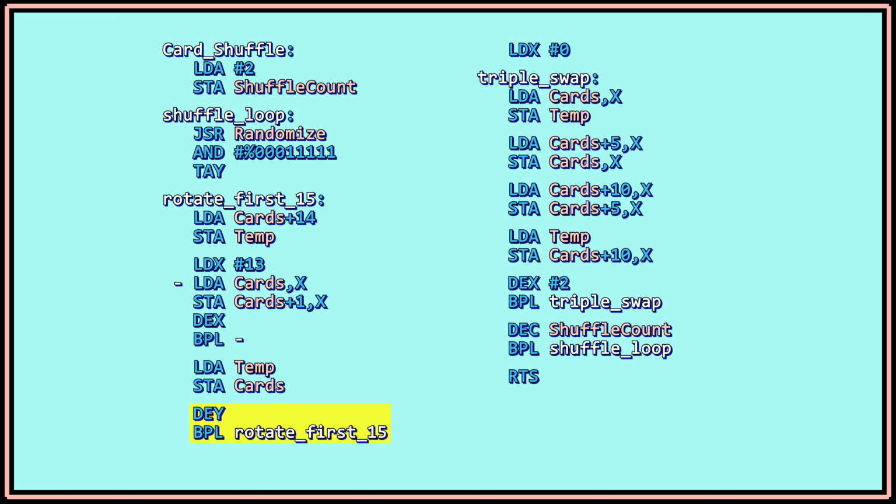Then the triple swap comes next. A card is put into a temporary memory location, the card 5 slots later gets put into that position, the card 10 slots after the first gets put into that slot, and then the first card gets put in that last slot. Exactly which triplet is swapped depends on the X register, and in the game's implementation, the X register